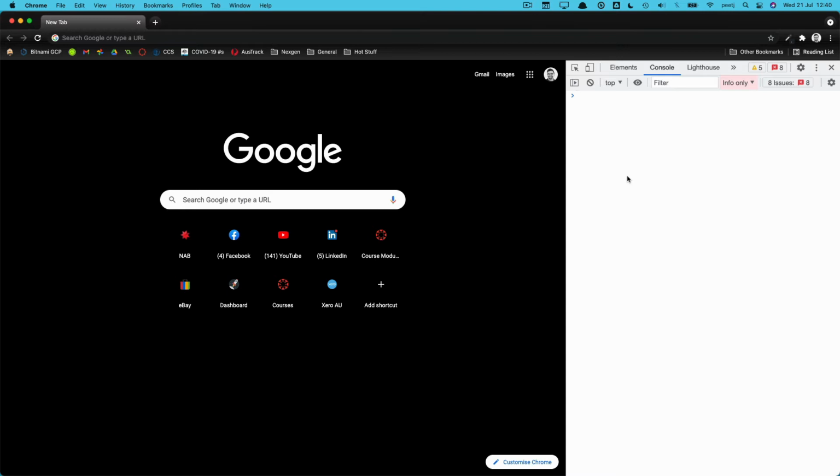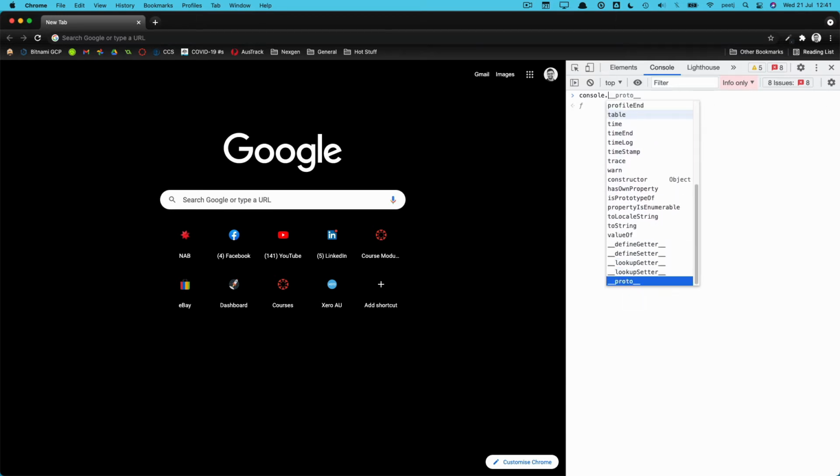So the first thing you want to know is how to print out some text in the console. If you go console dot, and if I stop there, you can see all of the methods and properties on the console object. So when you do a dot after any object, the JavaScript console will come up with all of the things you can use. So you can just go through them with your cursor like that. And funnily enough, the only thing that you really ever will use here is probably log,